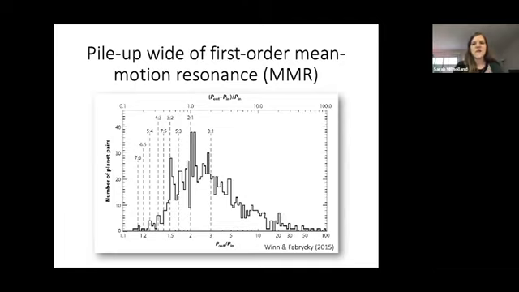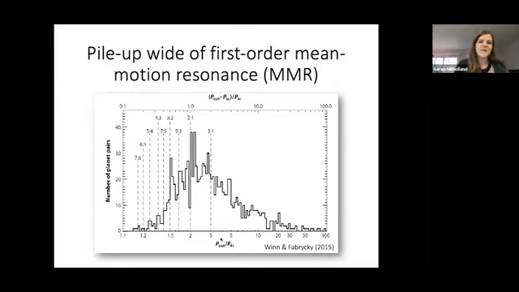A feature that has been noticed as statistically significant for some time now is that there is a bit of an excess of systems with period ratios just wide of the 3:2 and the 2:1 mean motion resonances, which are these integer period ratio relationships of